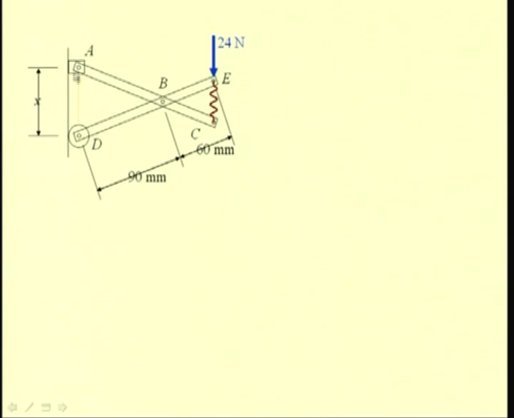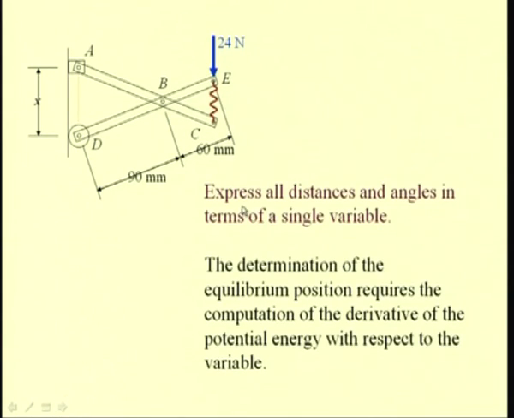We can see that this system is a single degree of freedom system which can be defined by the position x that is reached by this pin D or this roller. So, let us express all the other distances that are of interest to us, that is say the position of this 24 kilonewton force on this link DBE and the length of this spring CE for a particular displacement of x of this roller,